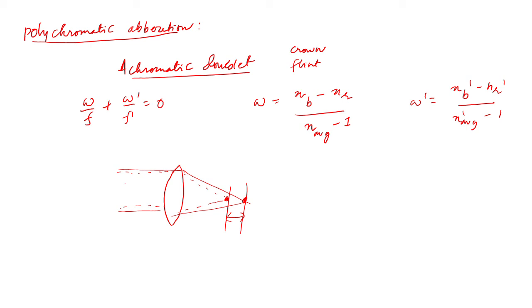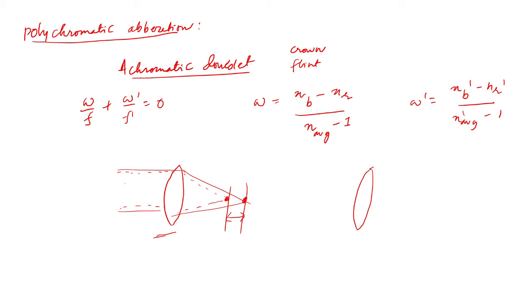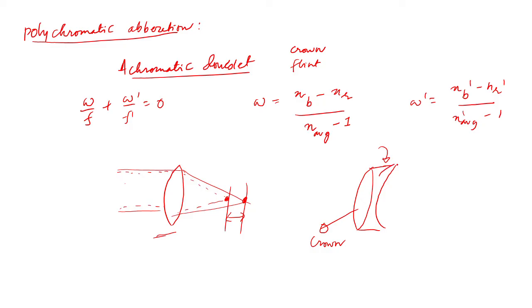And to get rid of that, we saw that you can have an achromatic doublet, that is, instead of having just this one lens, you could have another lens that is attached. This is the extra lens that we are adding. For example, if this lens is made up of crown glass, you can have this lens that is made up of flint glass,